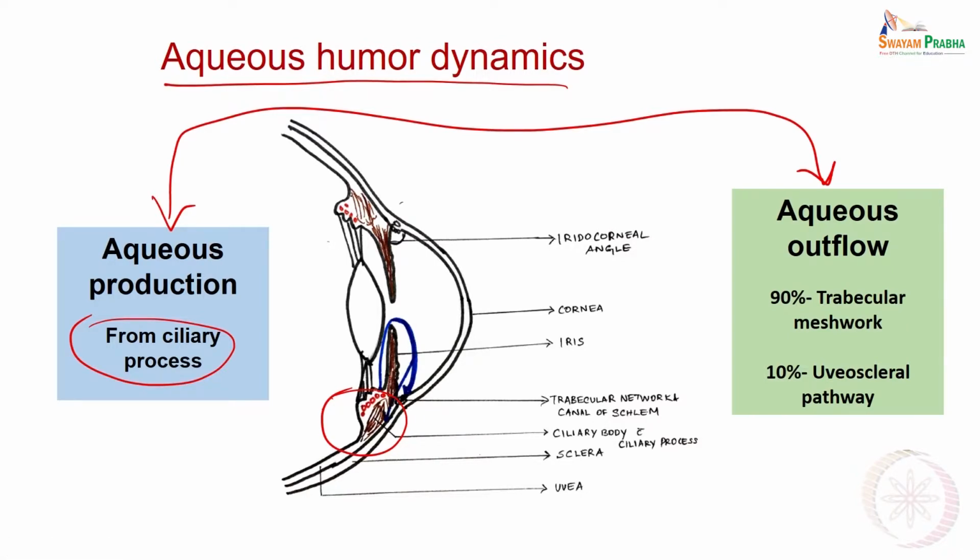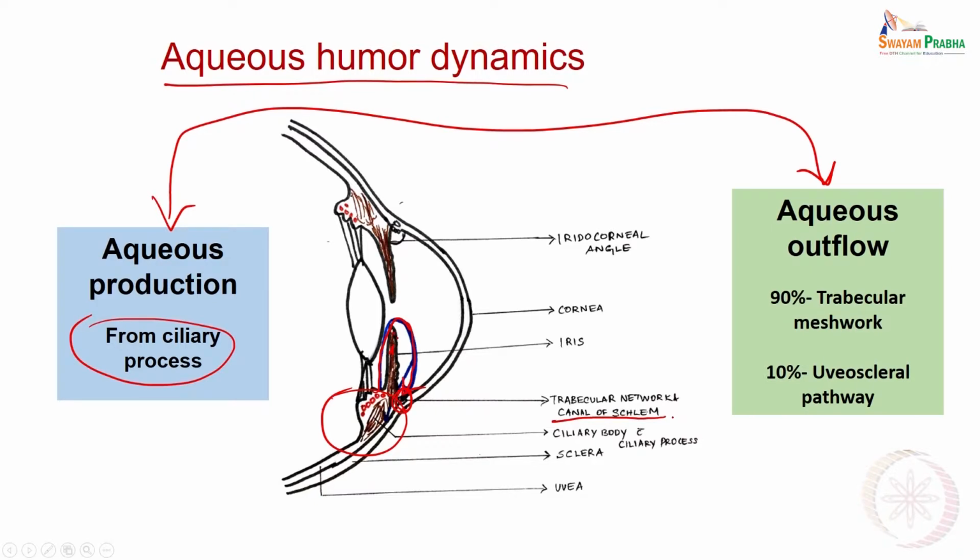This aqueous humor goes from the posterior chamber to the anterior chamber, and this is the iris which sort of makes a gate. Then there is the canal of Schlemm, which is an opening, and this is the trabecular network,